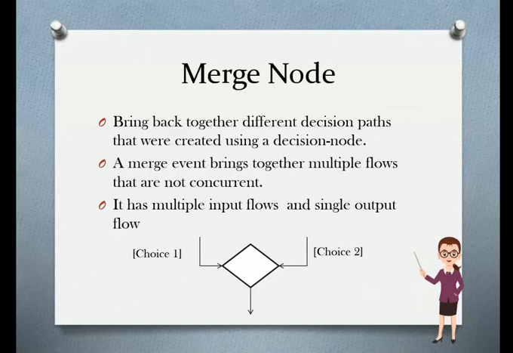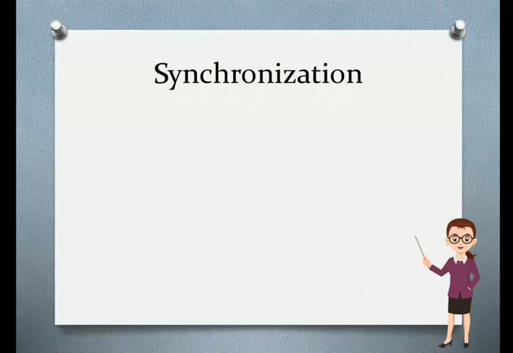Suppose I can select a Domino's margarita pizza, or I can select a paneer pizza. After that, the next activity, pay bill, is the common activity, and to combine the decisions we need a node, and that is nothing but a merge node. In such cases we have to use a merge node. Next, another component generally used in the activity diagram is synchronization.